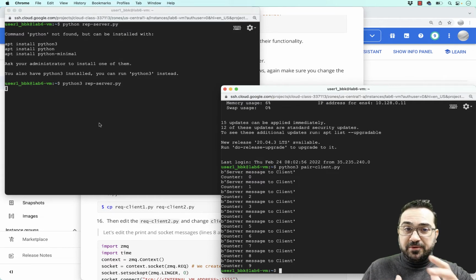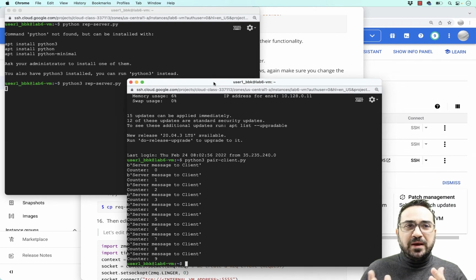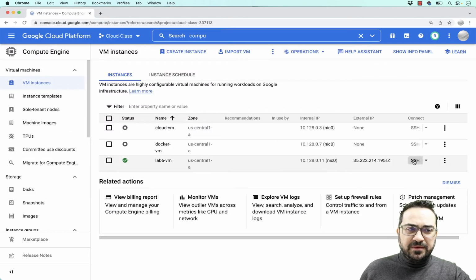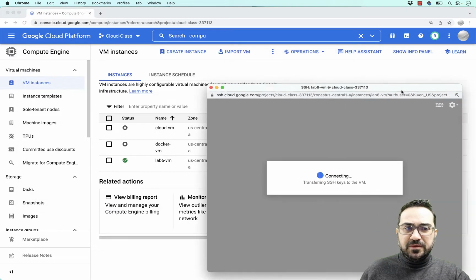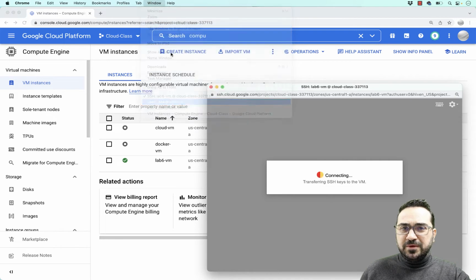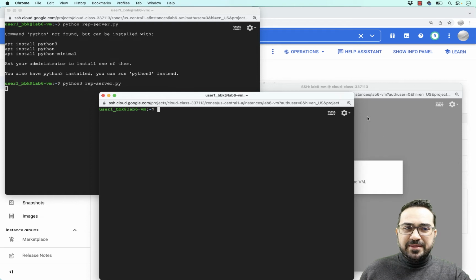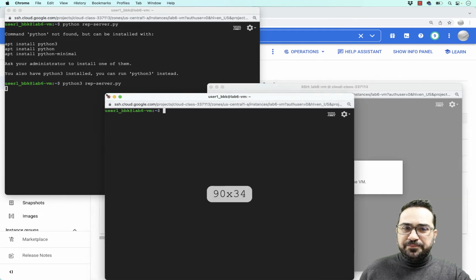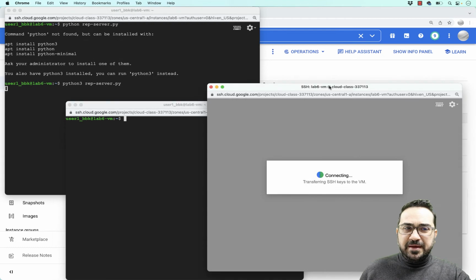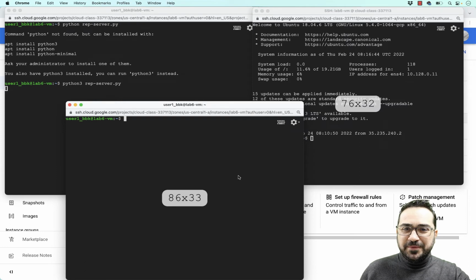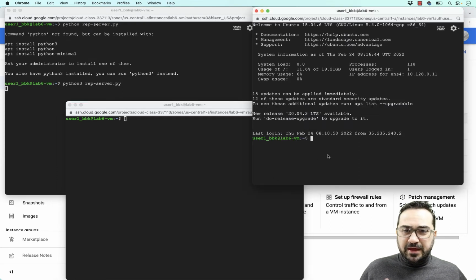Again, I don't see anything here. Probably again, I should have a message. I have my clients now, right? I need 2 clients. So I have one window here, and I will clear it. So why don't I have another window? All right, so I have another window here. Now make sure you have 3 windows in this case, because the first window is the server, you can see here, and the clients are here. So I can just organize my space a little bit, make sure that you reduce the size of the windows to fit your screen. And yeah, all right, I have 2 extra windows for my clients.